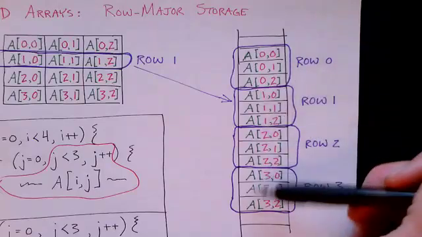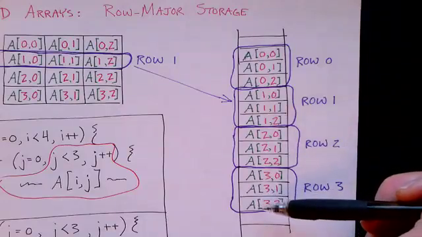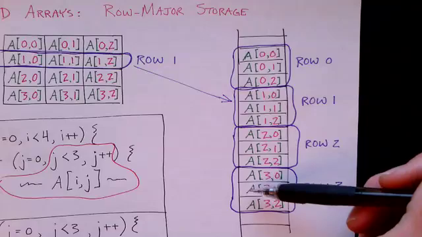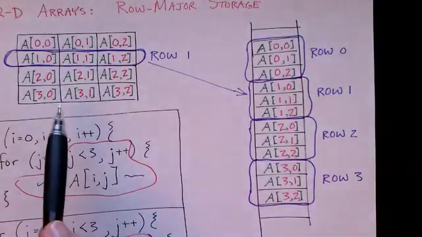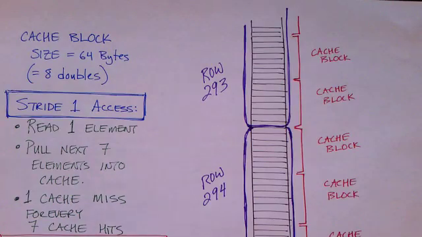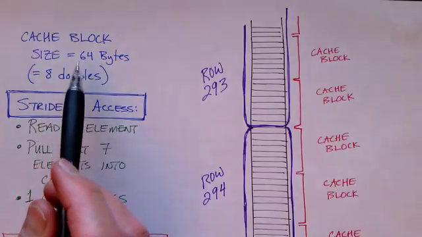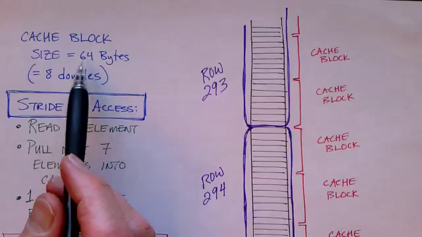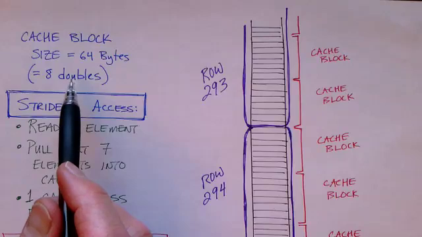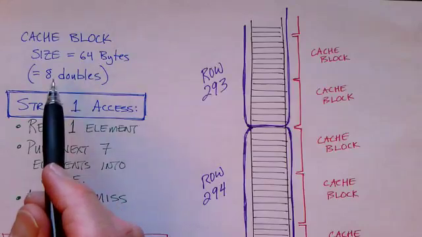In this small example, it's possible that all of our data will fit into a single block and all be in cache from one load, so it may not make any difference. But where this really counts is when you have gigantic arrays with lots and lots of elements. Let's look at an example that's maybe more realistic. We'll assume that our cache block size is 64 bytes. Each double precision floating point number is 8 bytes. So each cache block can hold 8 doubles.